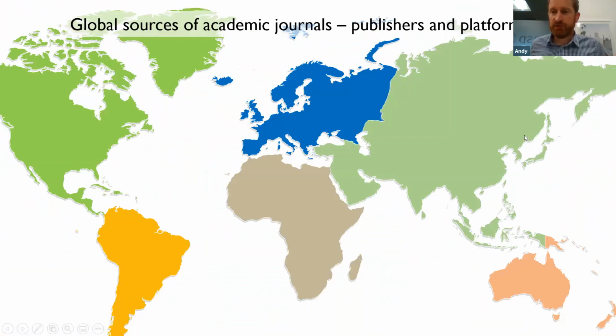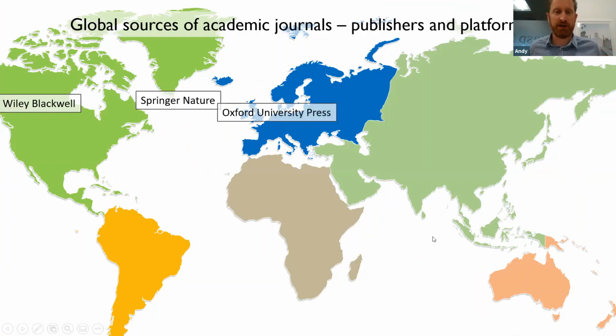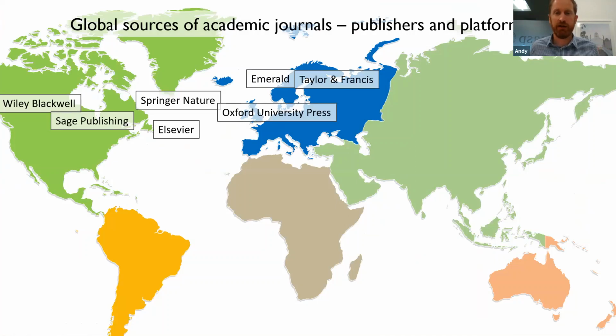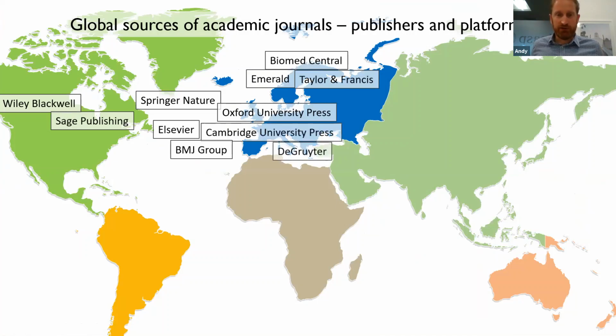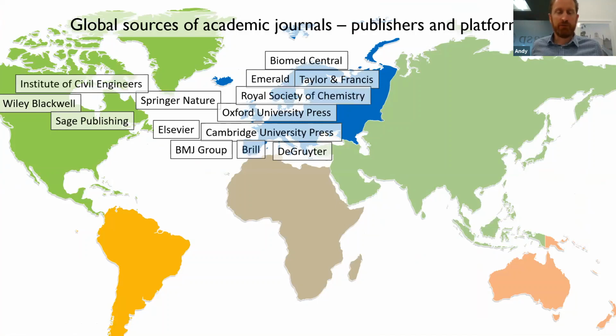And I also created this map just to briefly show that open access is global and there are different types of open access. What I'm showing you here are the big commercial publishers, and they are almost all based in the US, the UK and Europe. We've got the big names like Elsevier, Wiley, Taylor and Francis, who I used to work for. And you can see them all here, all clumped up in one part of the world.